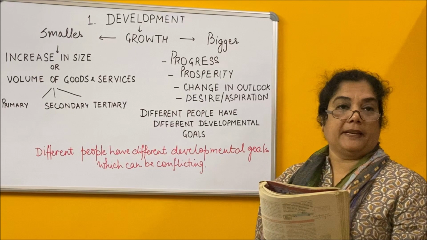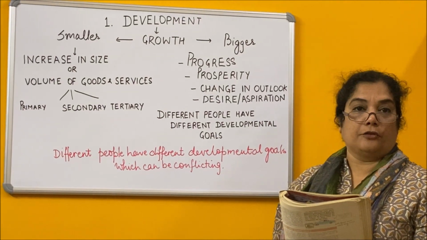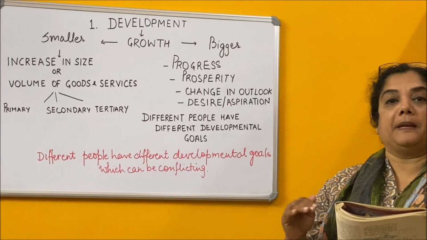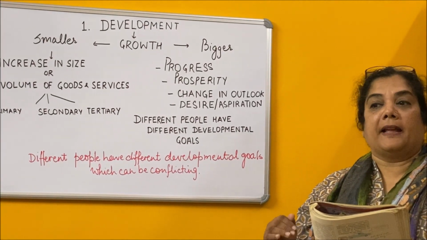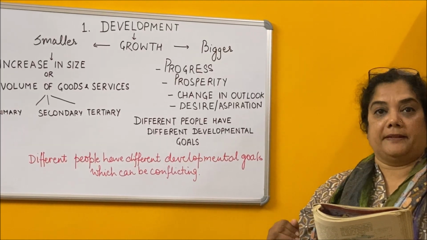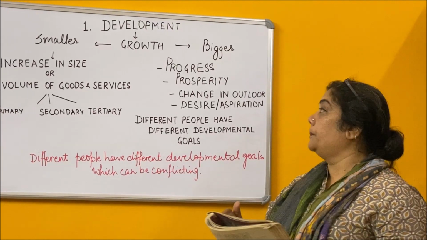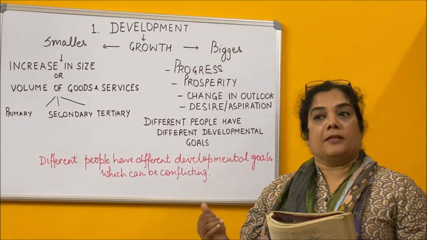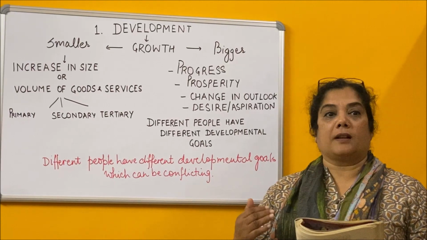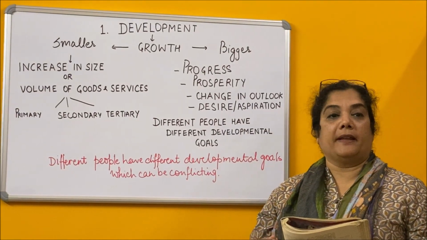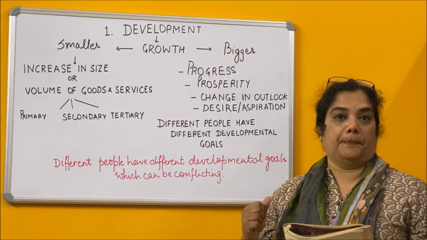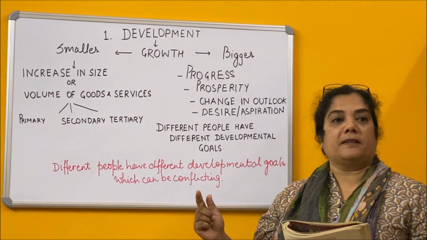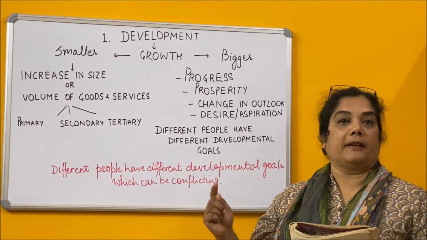Now, the first example they give you is an example of a landless rural laborer. We have done it in Palampur that there were people who had lost their lands and they worked on the others' land as tenants. So, what do you think could be the developmental goal of these landless people? The first development goal would not be land, because the first thing they require is that they get a regular job or a regular daily wage. So their first developmental goal is that they get a regular job.